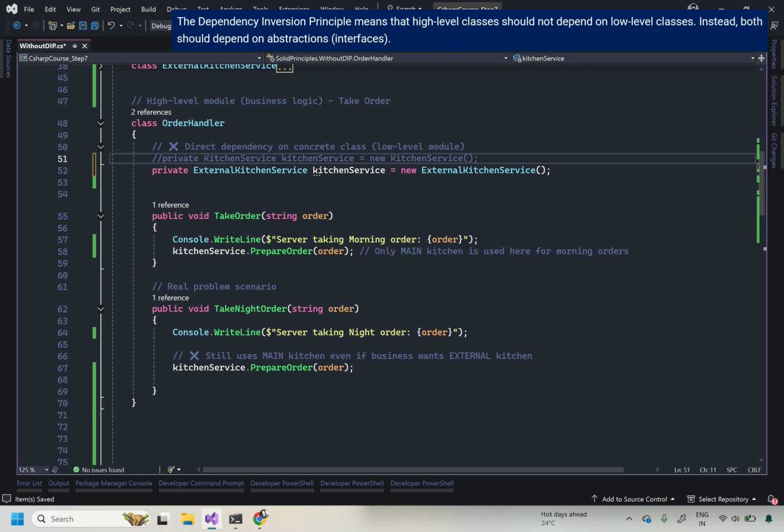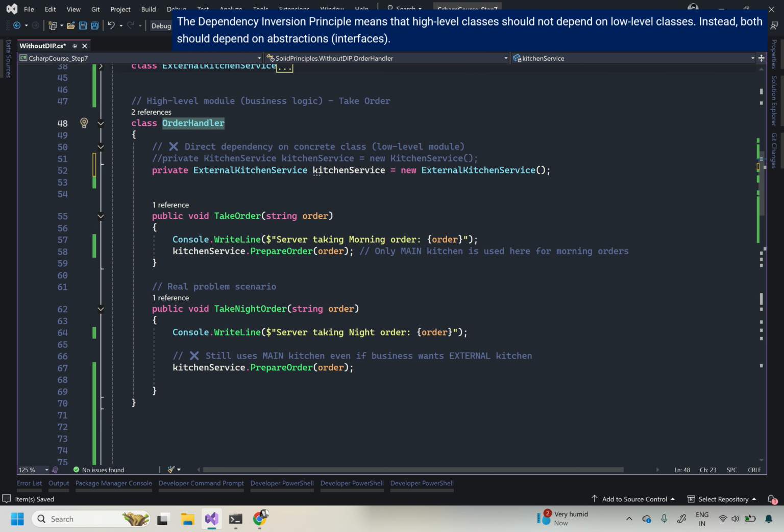Now we clearly understand, right? If you depend upon the high level module on the low level module, that will be very complicated. Even if we take the kitchen service here, we can trigger prepare food, but maintaining your code under this high level module will be a big headache,